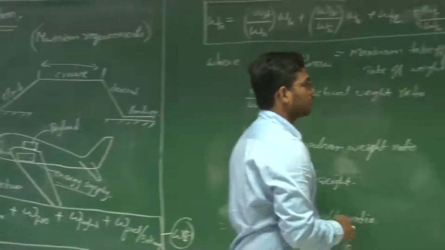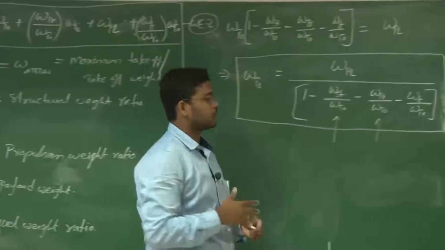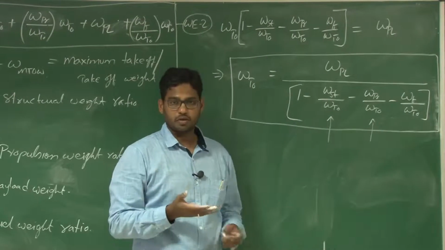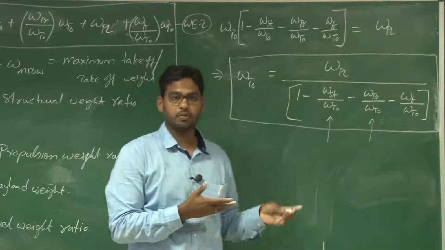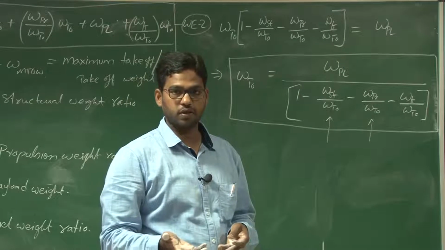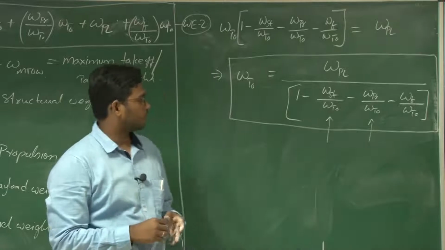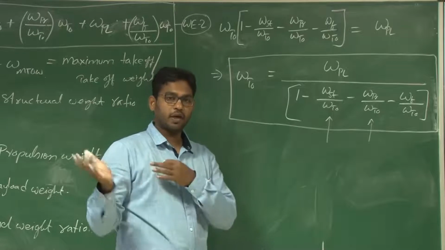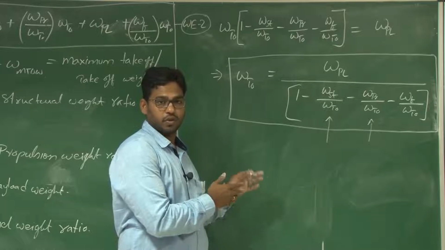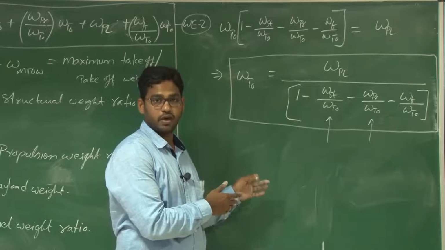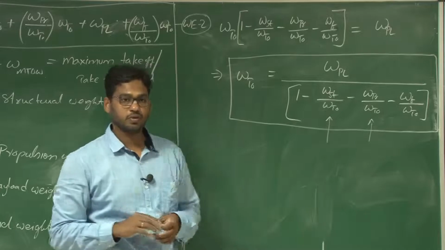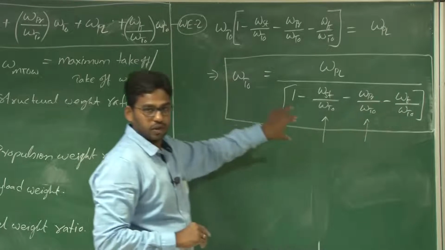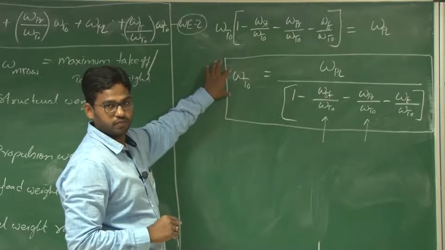So say your previous UAVs may be doing a 1 hour cruise or 2 hour cruise, and the one that you are going to design may have to perform a 5 hour endurance, right? Or should be capable of traveling 500 kilometers instead of 200 kilometers. Let us say if 200 is the range of previous UAVs, right? So this factor initially is going to affect this W takeoff weight, right?